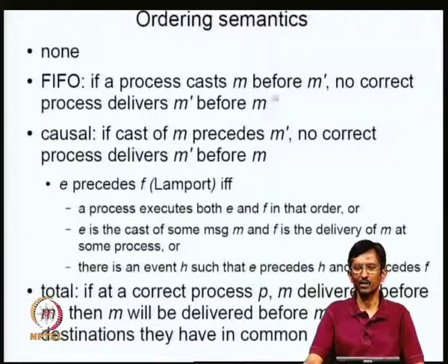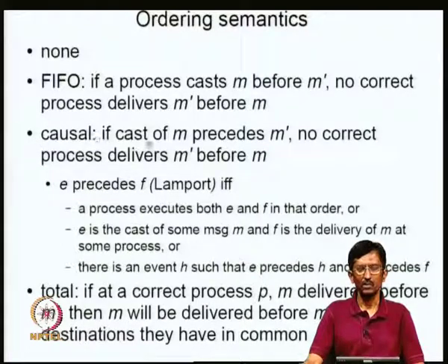I think we mentioned something about an email system, where you will find that a response to a message comes earlier than the message itself. That's the kind of stuff you want to avoid. Or in the case of the cricket scores, you essentially guarantee that if it is FIFO, you are more or less saying that the scores increase monotonically rather than go up and come down. Those things are avoided with FIFO.